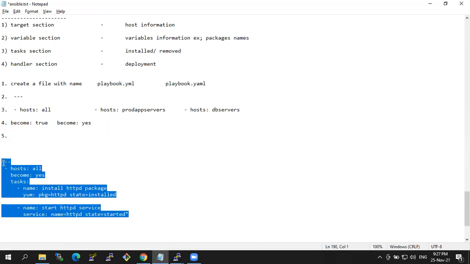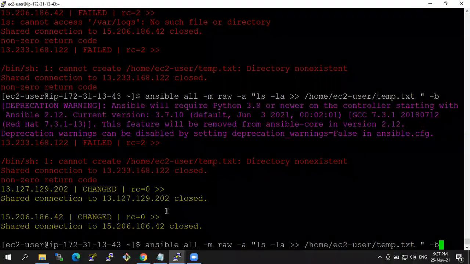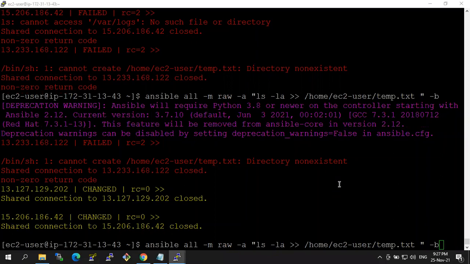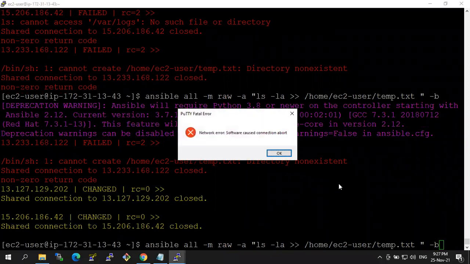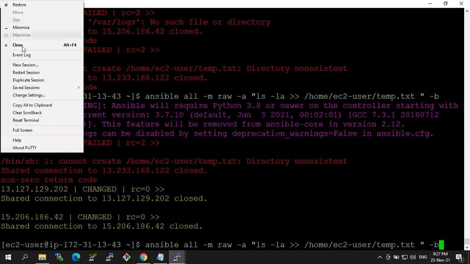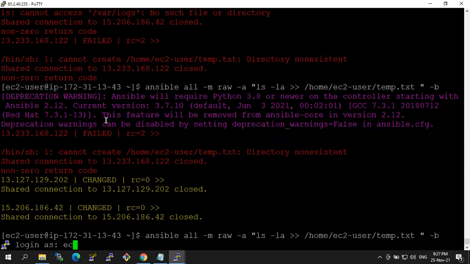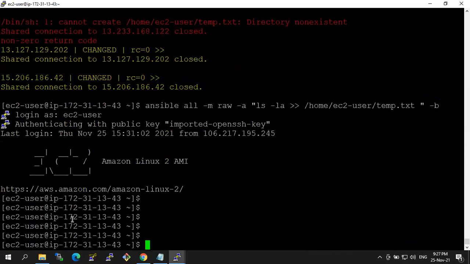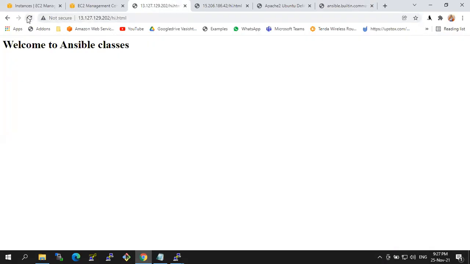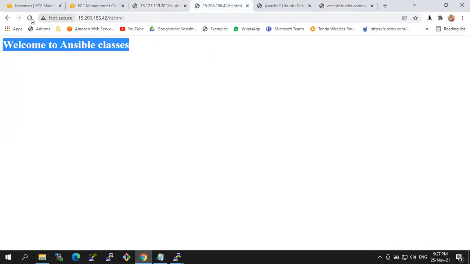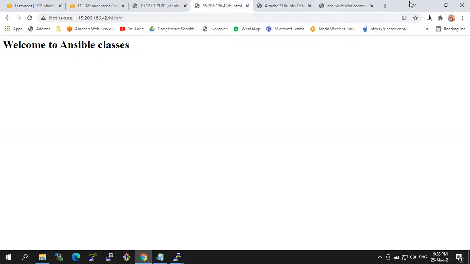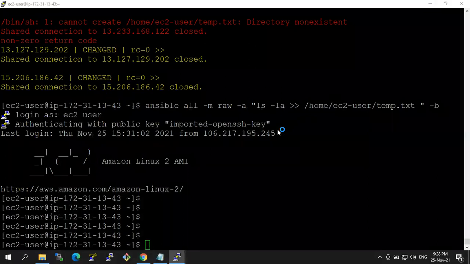So I'm just copying this one in the master machine. Before that, I want to stop the service, because here the service is already running, right? To test whether the service is running, I want to stop the service here. So for that, what is the